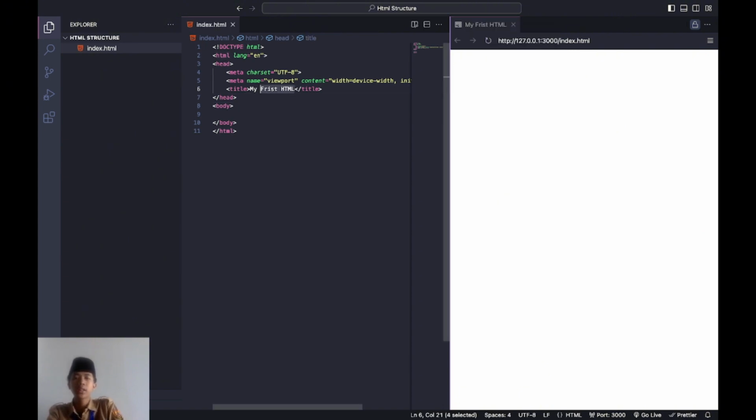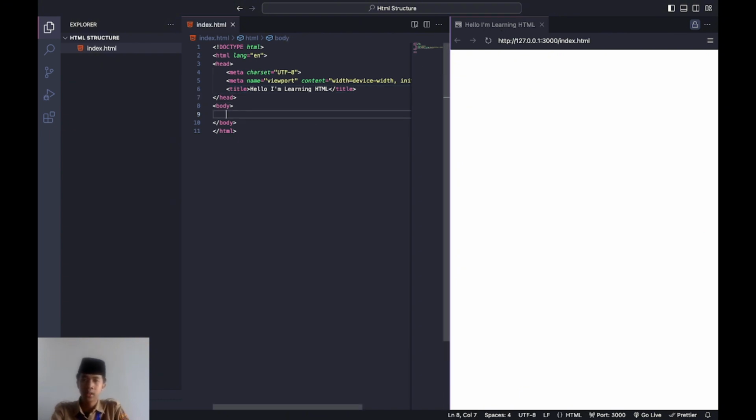Or you can change it again to hello, I'm learning HTML, and here you can see it says learning HTML. So the title function is to change the title of the tab like this one.